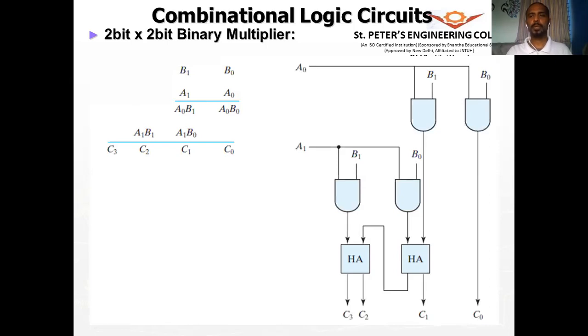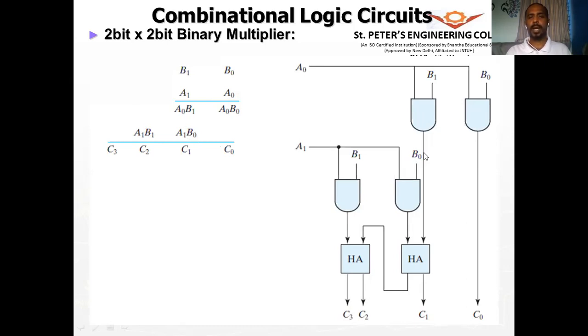So using a circuit, we can implement this. So what is the first result? A naught and B naught. So this is my A naught, and I'm going to give it to an AND gate to which B naught is given. So A naught and B naught, and that gives me the first product C naught. Okay, so C naught, I have got it here. Next, A naught has to be multiplied with what? B1. So A naught is multiplied with B1 by using this AND gate, and then that product has to be added with A1 B naught.